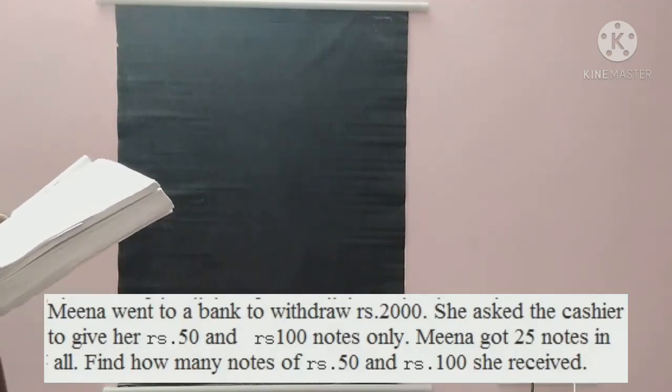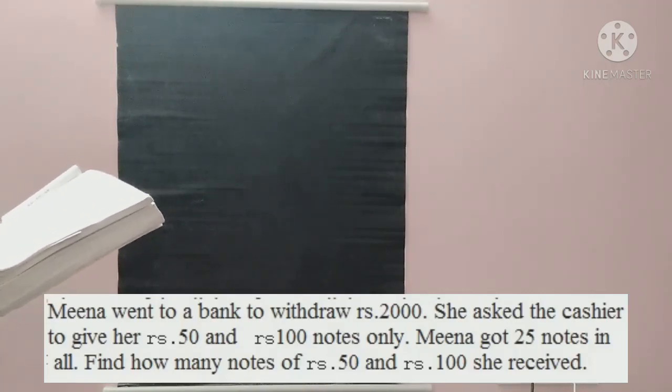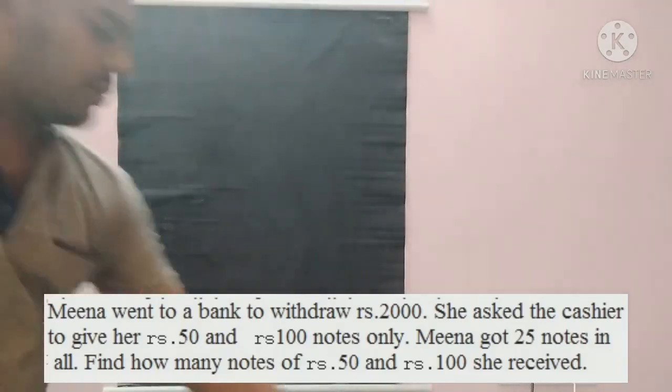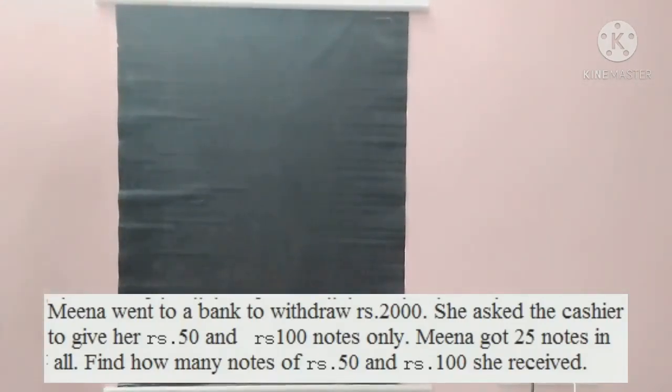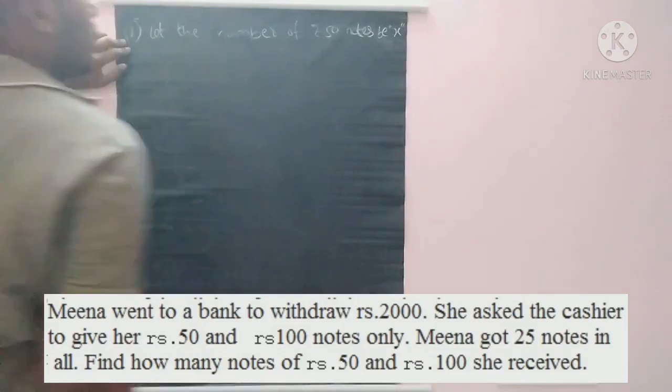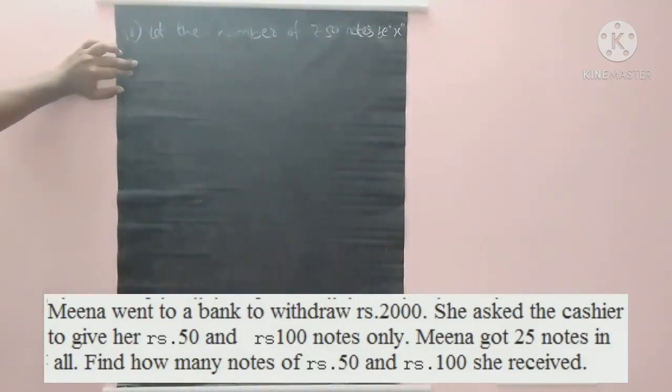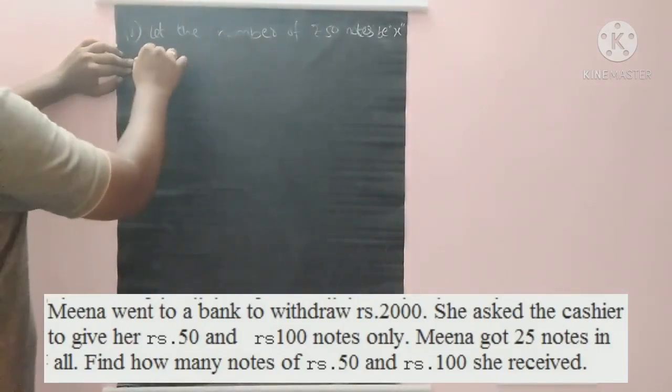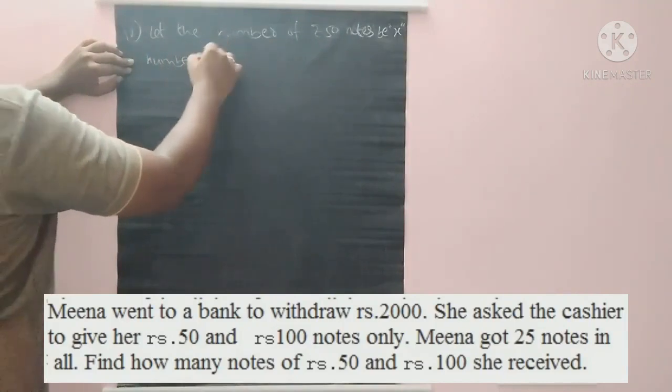So Meena got 25 notes in all. Find how many notes of 50 and 100 she received. Here she asked the manager to give only 50 rupee notes and 100 rupee notes. So we don't know how many 50 rupee notes and how many 100 rupee notes there are. Let the number of 50 rupee notes be x. Number of 100 rupee notes